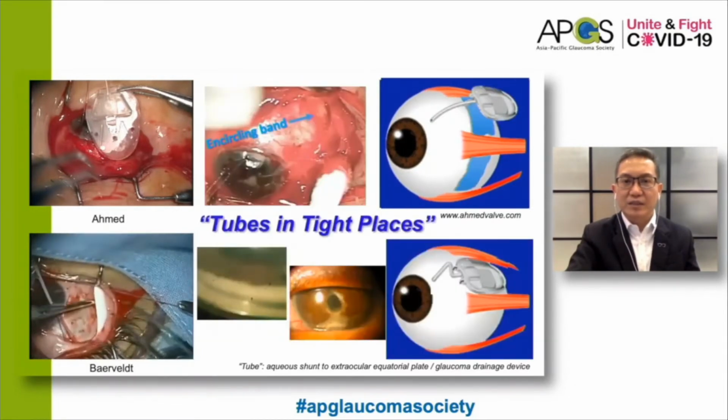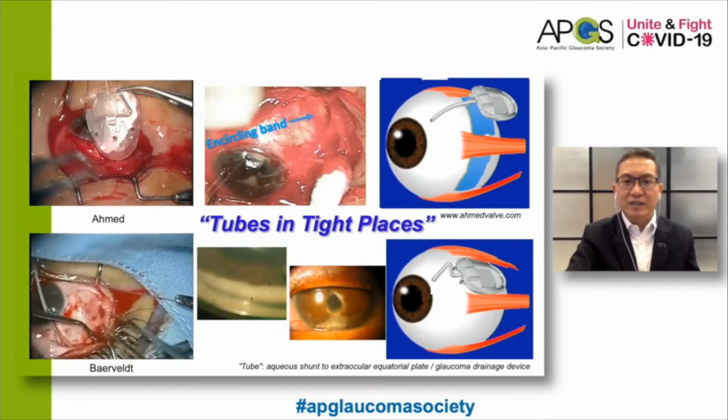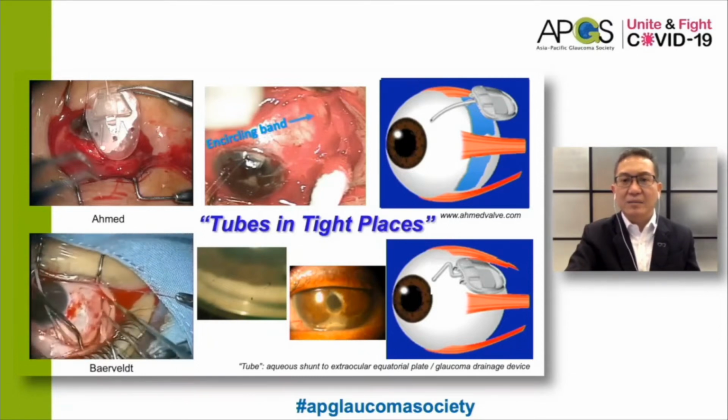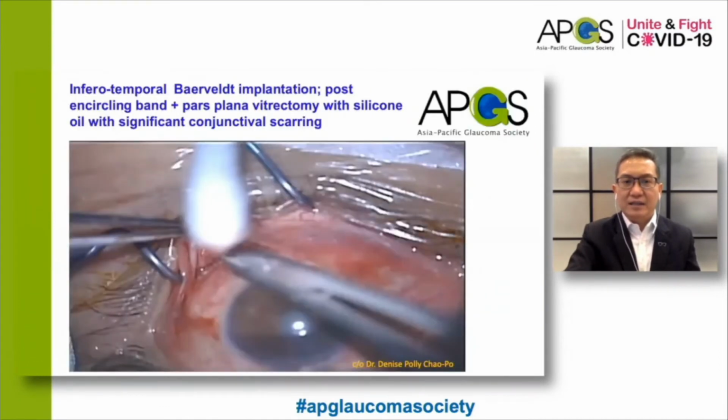However, there are situations where implanting these devices may be difficult, such as in eyes with a pre-existing encircling band, or eyes with peripheral anterior synechiae, or flat anterior chambers. This first case is an eye that previously underwent pars plana vitrectomy with silicone oil and placement of a 360-degree